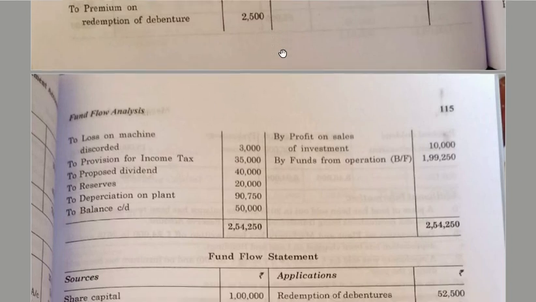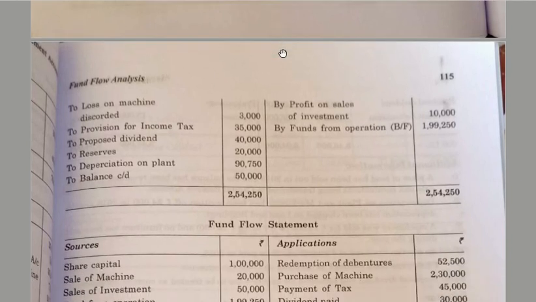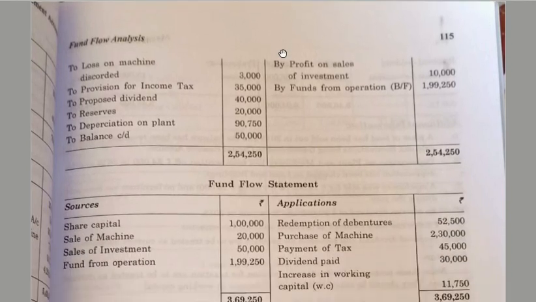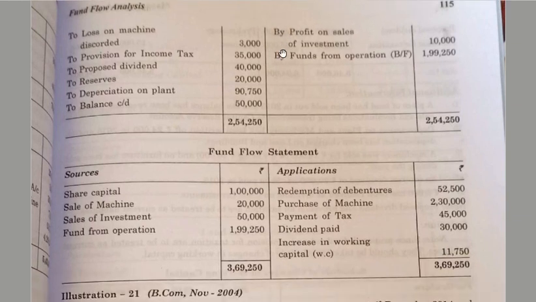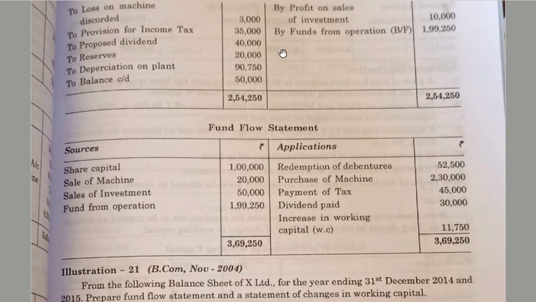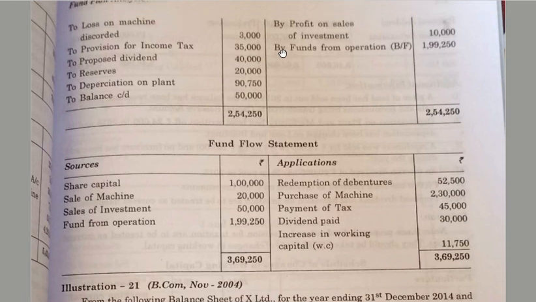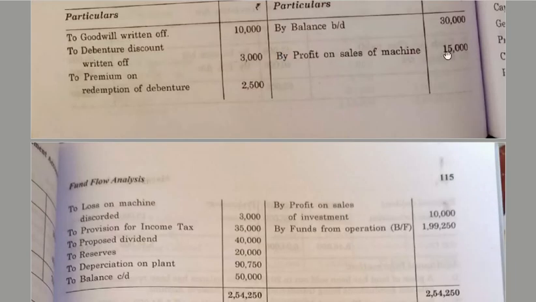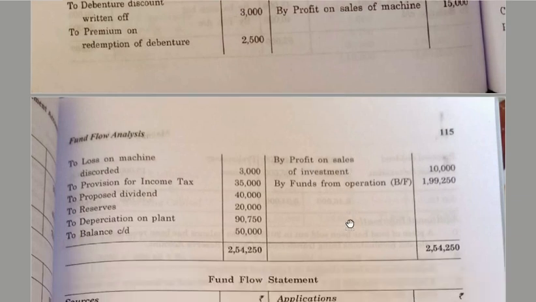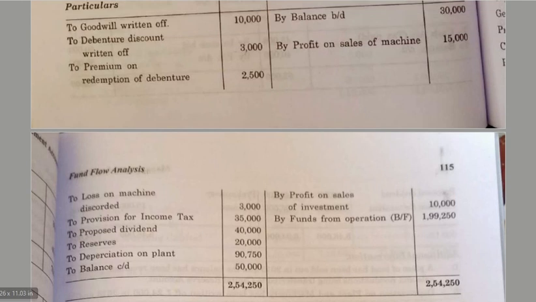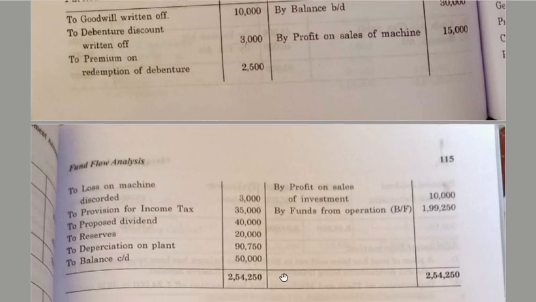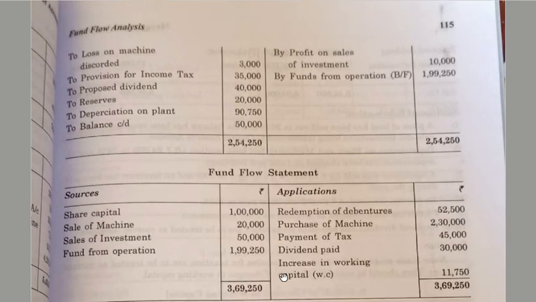To loss on machine discarded 3,000. To provision for income tax 35,000. To proposed dividend 40,000. To reserves, the transfer to general reserves 20,000. To depreciation on plant is 90,750. By balance brought down 30,000. By profit on sale of machine 15,000. By profit on sale of investment 10,000. So you have your balancing figure 30,000, balance carried down is 50,000. So your funds from operation, which is a balancing figure,